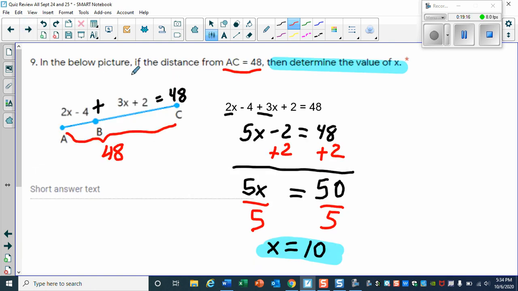Okay, 19. This one, distance, overall distance. That's one of our first two keys. Overall distance is 48. So this entire distance, all the way from A to C, is 48. Now, what you do, going back to the beginning,